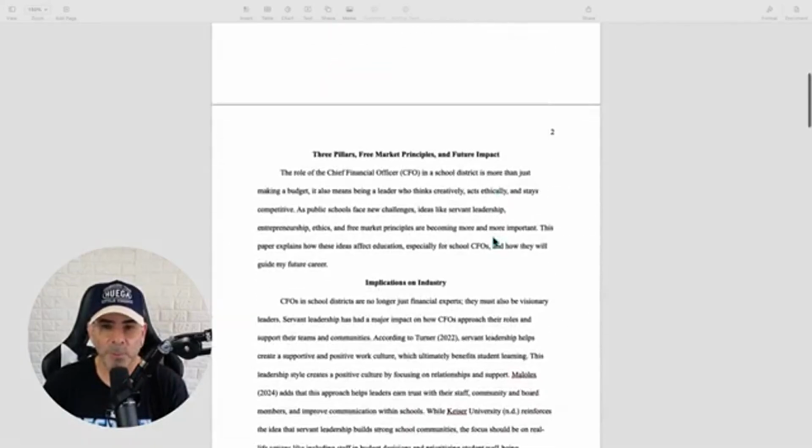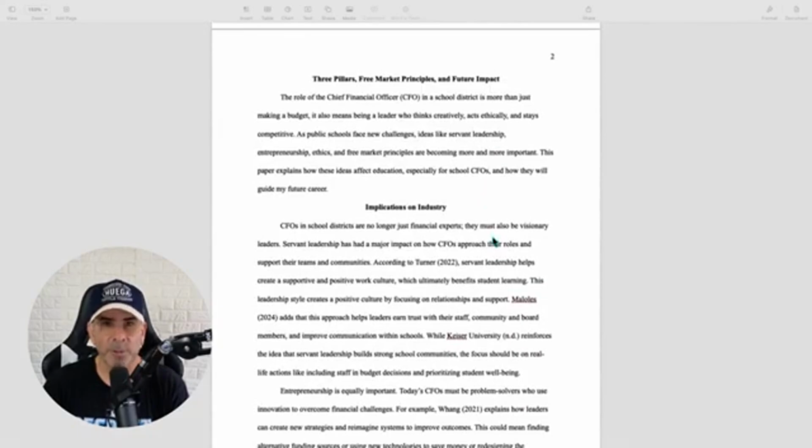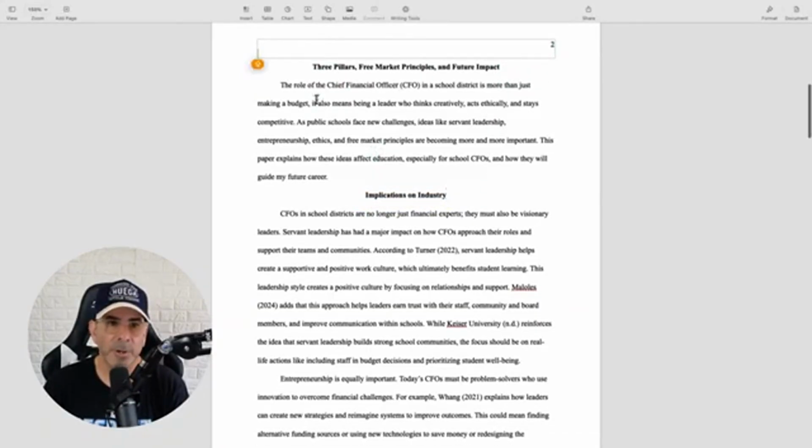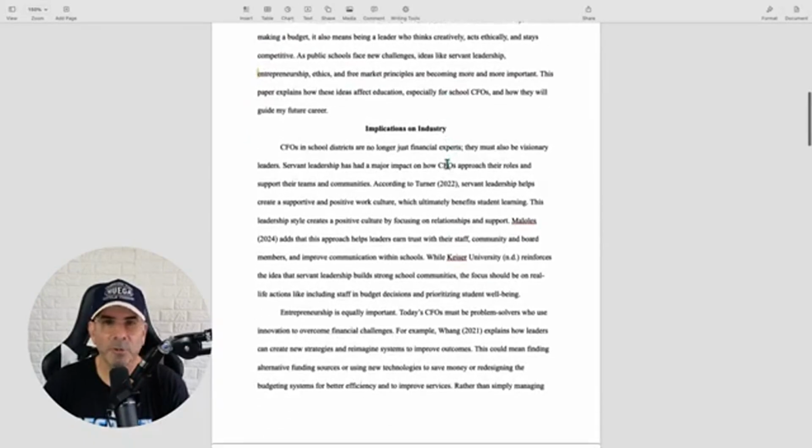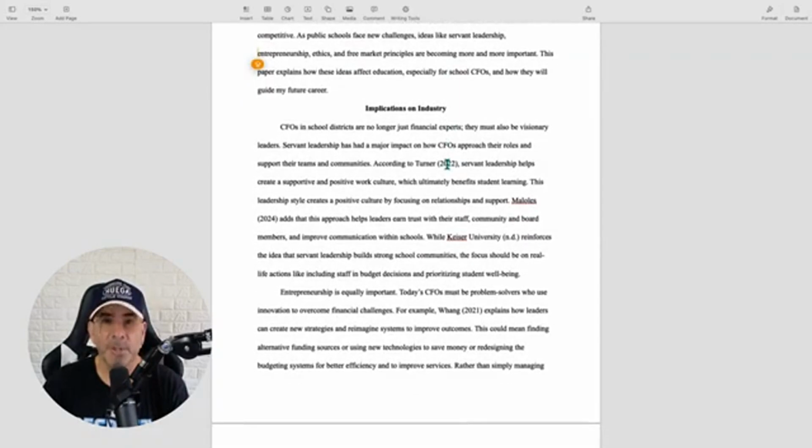Okay, let's keep it moving forward. Take a look at how this sample student started off with a very nice introduction. You can see the consistency with the APA headers, which are these right here, in bold and black, and they're centered. Level 1 headers are always centered on your page. You can still see the page number in the upper right-hand corner. You can see the proper indentation to the right, and everything else is on a left-hand margin. As you look at the structure of this paper, this is how your paper should look